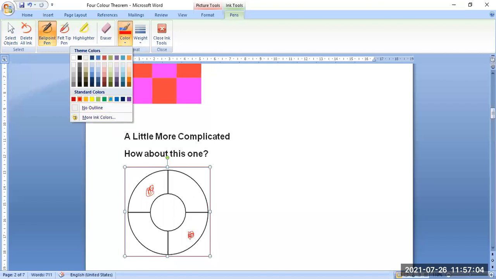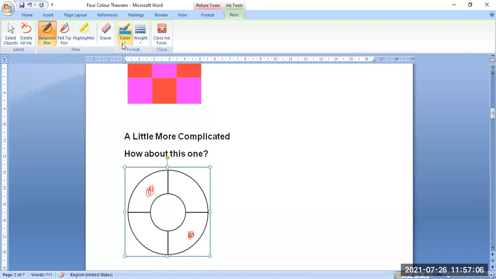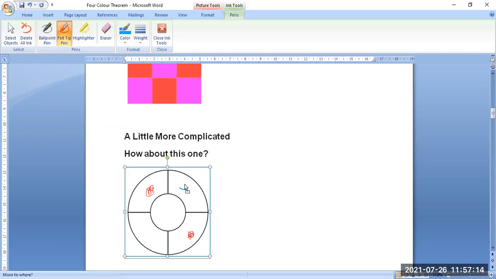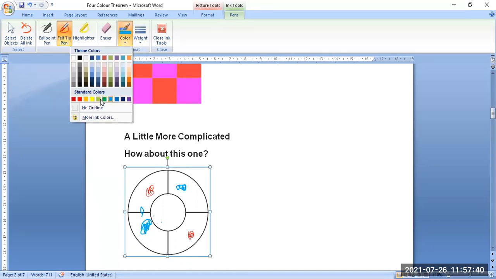Now, if we... this is blue. And this one also blue. Now look at here: red, blue, blue, red, blue. They are not in the same color. But for the middle circle, all these four regions are adjacent to them. So we have to fill it by any other color.